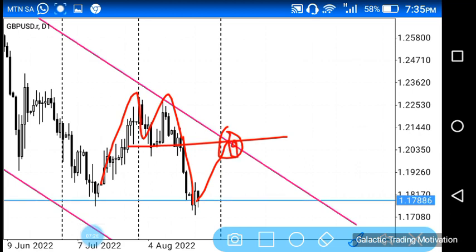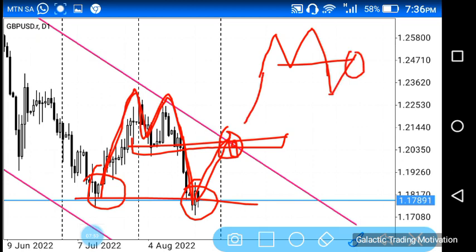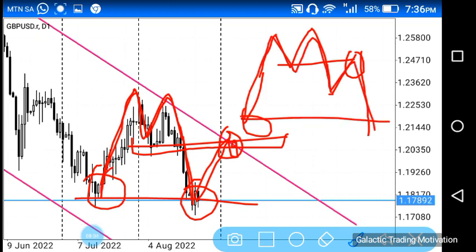Having said that, can you guys also see that this M structure is now complete, because it started at this point and ended at this point? So should price head back to the neckline, it would not have much strength as far as I'm concerned, because what normally happens is when we have M structures and price is broken to the bottom side of that neckline, price heads down to the neckline to test it, and we look for buying or rather selling opportunities at that point, as the anticipation is for price to move further down to around this level to complete that very nice M structure. However, as I said, at this point the M structure is complete, so should price head back to the neckline